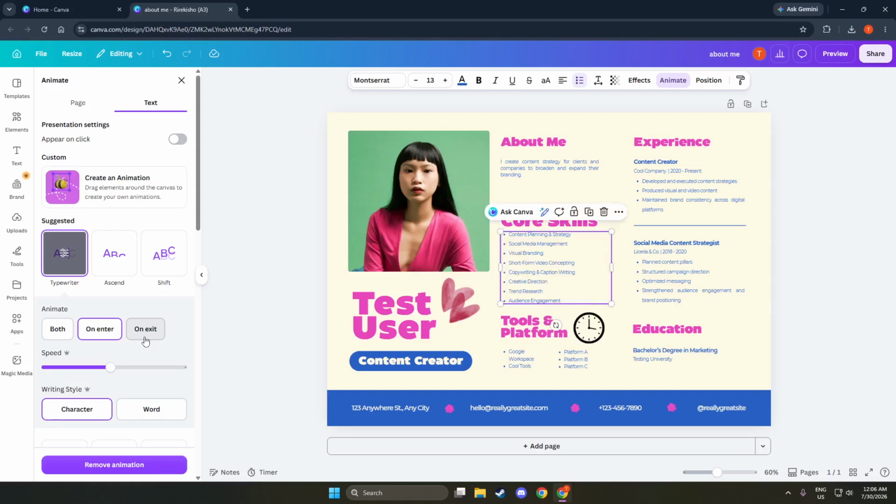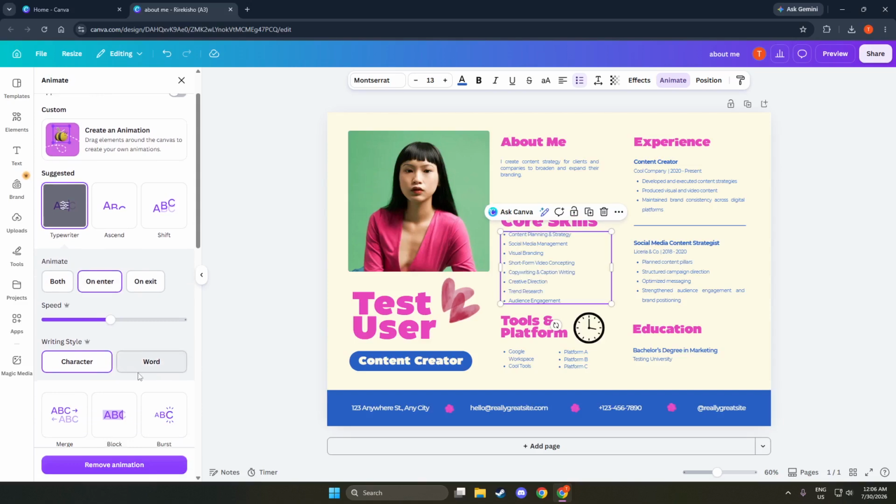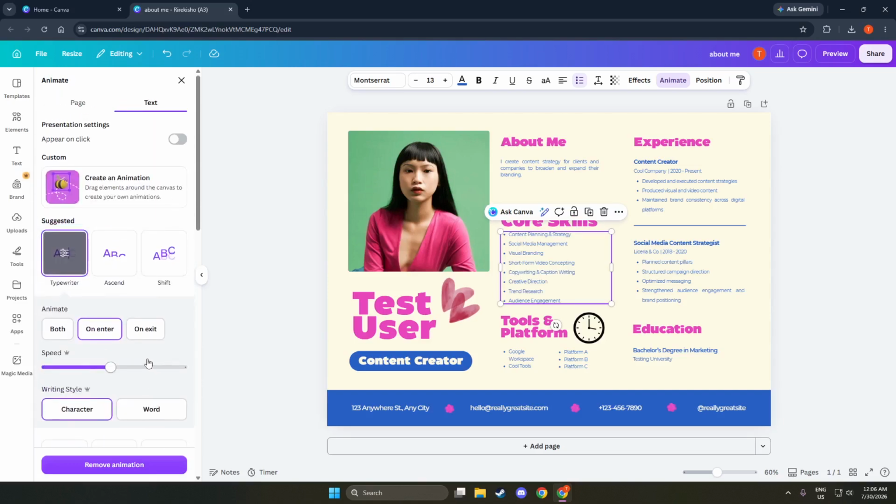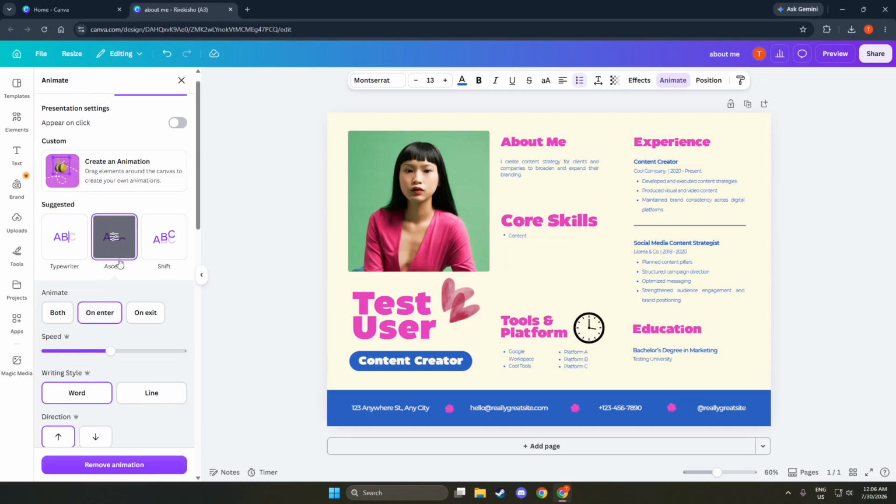Now look at the timeline or pages at the bottom. This bar runs along the lower edge of the screen and shows each page or clip as a small rectangle. You can scroll sideways if you have many pages, and the current page will usually have a thin border around it. This area is where Canva shows both the order of your pages and the transitions between them, so spend a moment to spot the thumbnails that match your design.